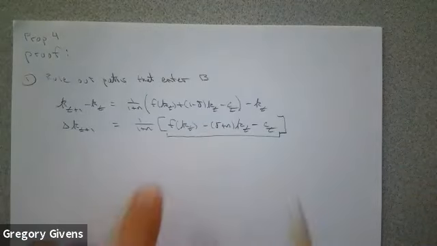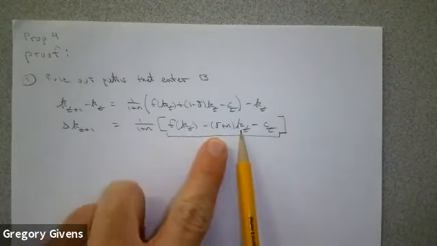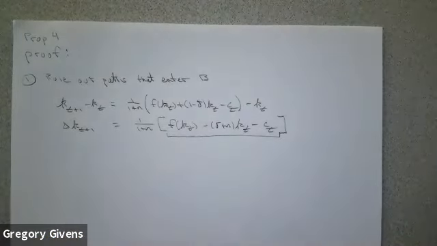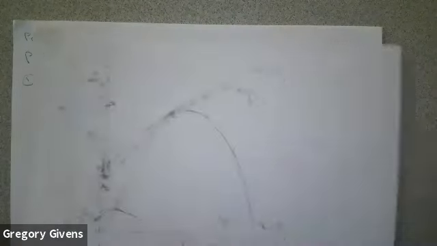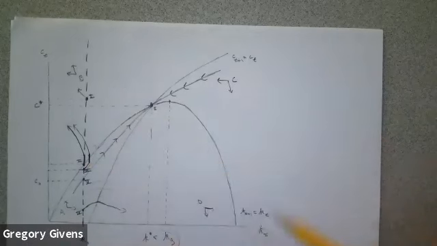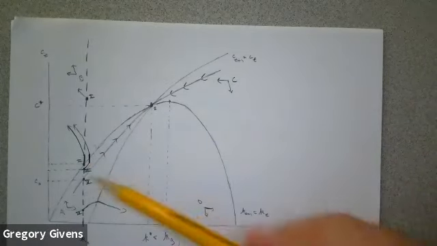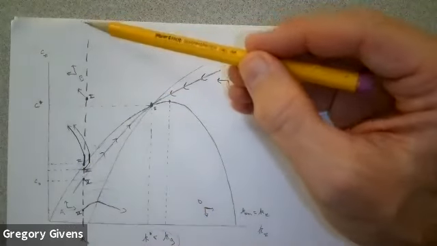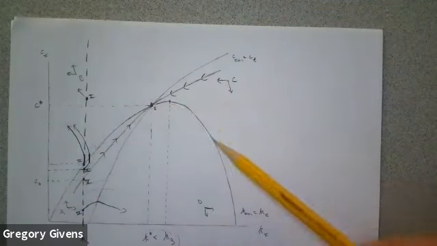So the difference between f of k minus delta plus nk minus c is the gap between consumption and how far away you are from the kt plus 1 locus, correct? So what that is saying then is that as consumption gets higher, it gets farther away from this locus of points,